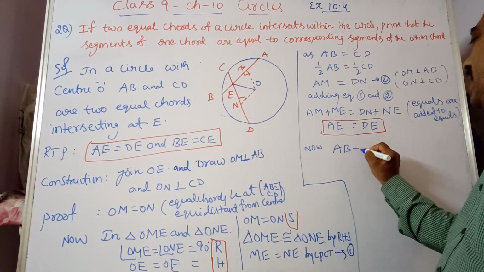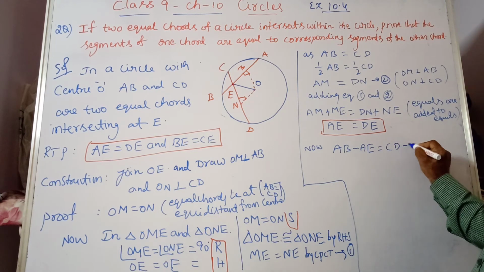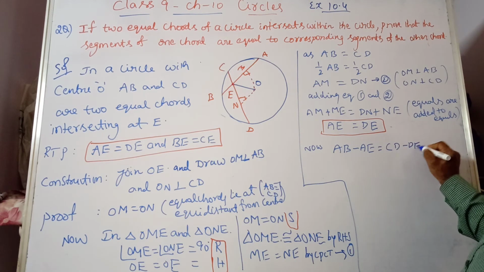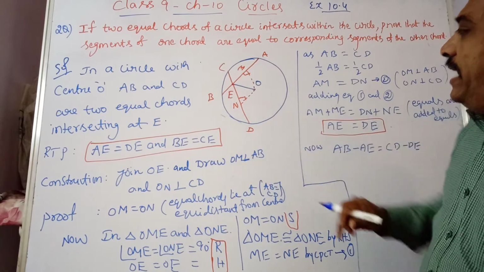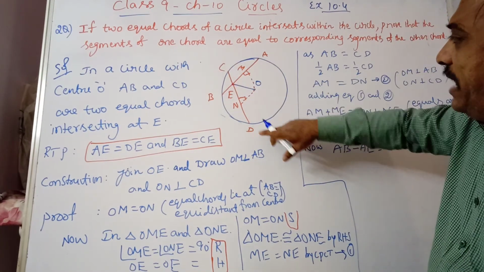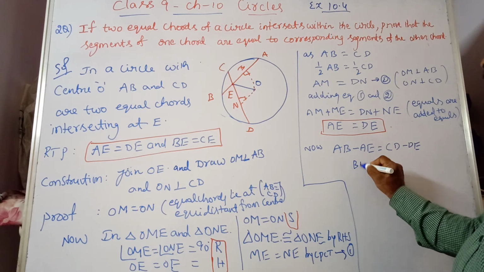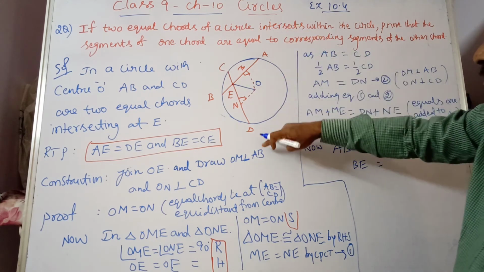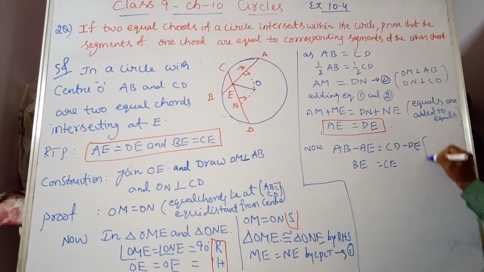AB minus AE is equal to CD minus DE. AB is the full thing minus AE, and CD is the full thing minus DE. AB minus AE gives BE, which is equal to CD minus DE, which gives CE. Here the reason is, equals are subtracted